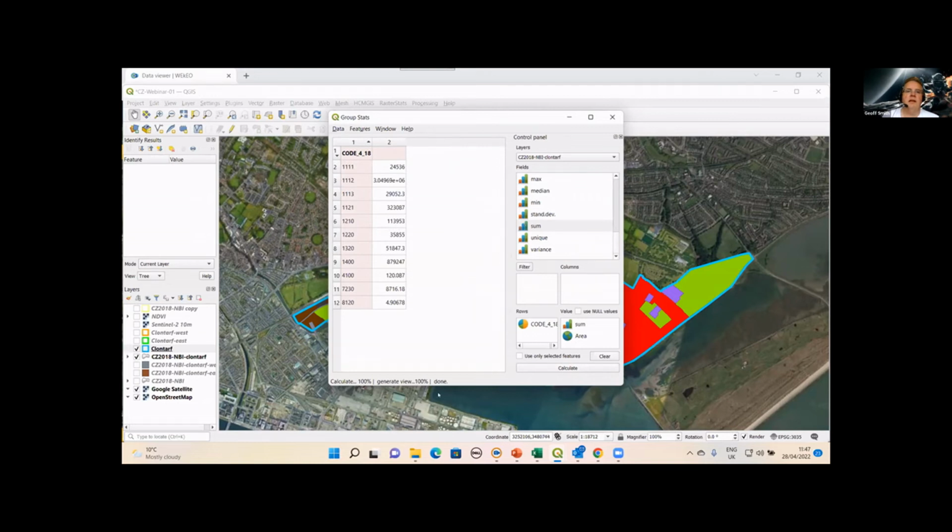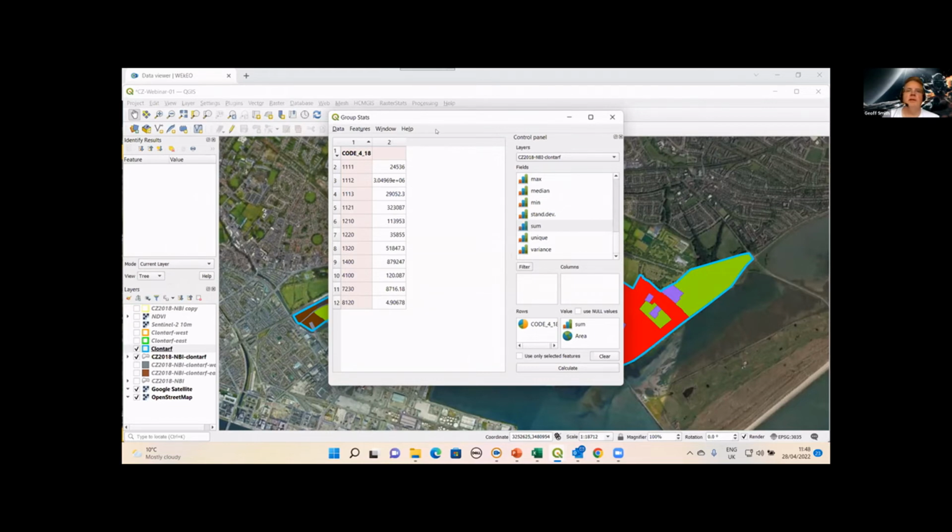So if you run calculate here, you can see that we've actually got about 11 classes present in there out of the 71 classes of the coastal zone product. We can see we have those 3 levels of urban density here. We have some industrial, and then we have this kind of port facility type stuff, and then a little smidgen of coastal zones there, and then I think that's water down the bottom there.